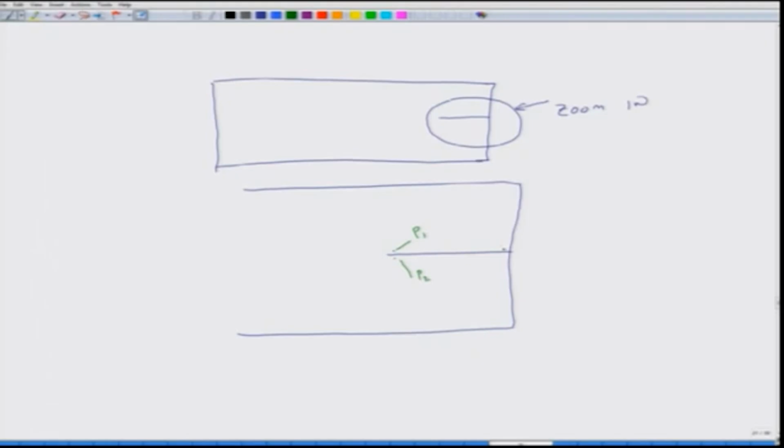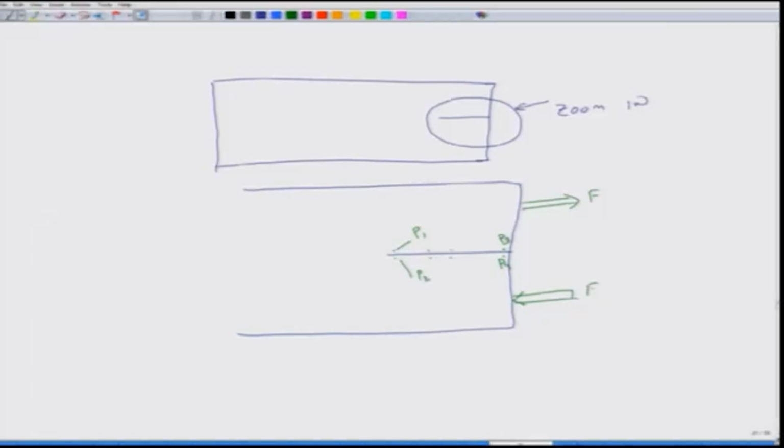Similarly, there could be lots of other points, and in all these cases the adjacent points here I have separated them by a finite distance, but in reality they may be sitting at the same location, right. So, let us say this is P3, this is P4, and in such a case, suppose I am applying a force here